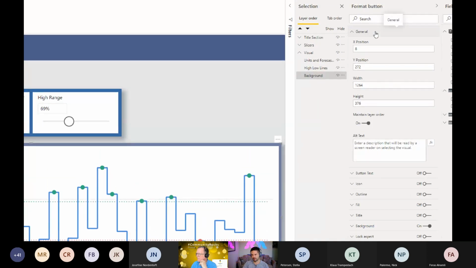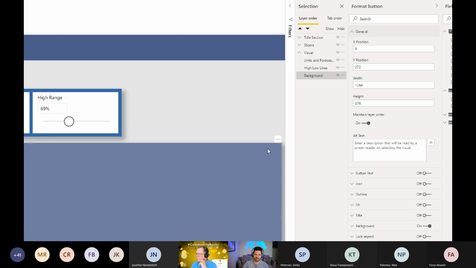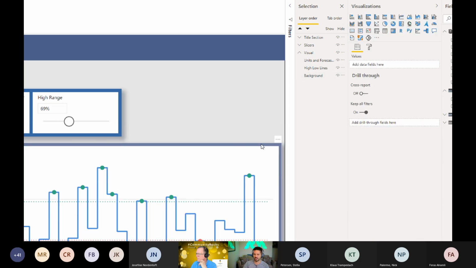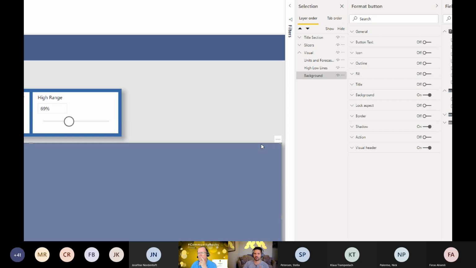Any visuals that are in the background, as long as they are, one, in a group, because they have to be in a group for this to work, and two, if maintain layer order is turned on, when you publish it, then what happens is even if they click on a background object, it never shows up in front. It maintains the layer order.